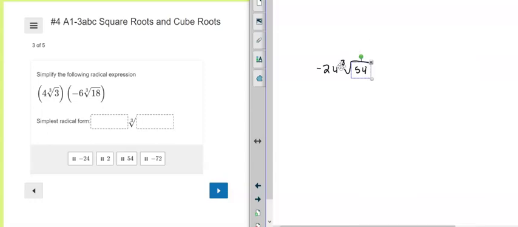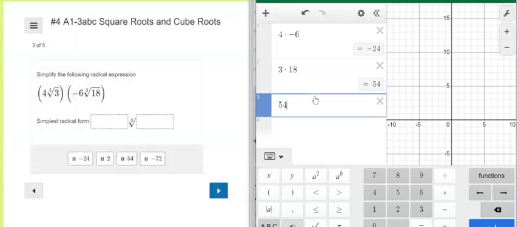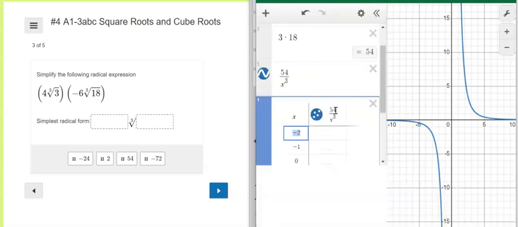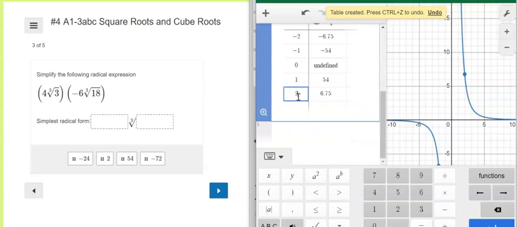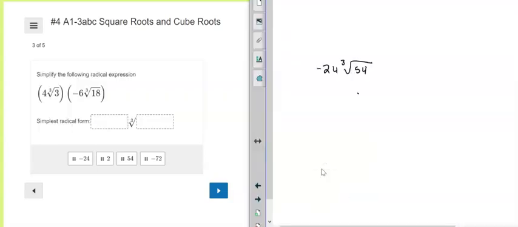And then I need to go ahead and simplify 54 here. I'll do that part in Desmos. So I'm going to do 54 divided by x cubed, because it's a cube root. Turn it into a table of values, scroll down, and then just press enter. So 3, 2. So the number on the outside is 3. So I'm going to keep this negative 24 here, and then 3 on the outside, cube root of